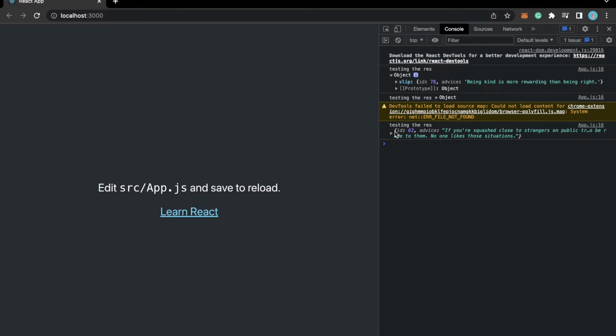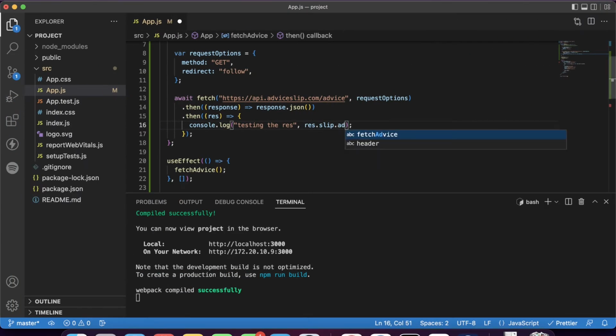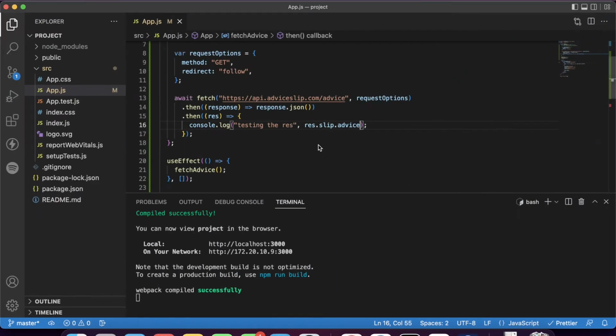Okay, now we are just getting the data. So I think we only need this advice variable or like field from this object. So let's call that advice here as well. Advice. Okay, now we are just getting the advice here. I hope it's clear that we are getting the response, and in the response I'm just like pointing to that specific field that I want to use.